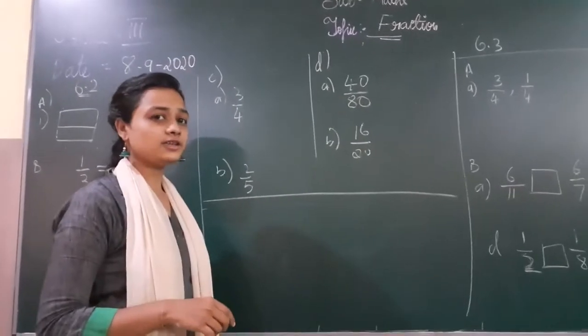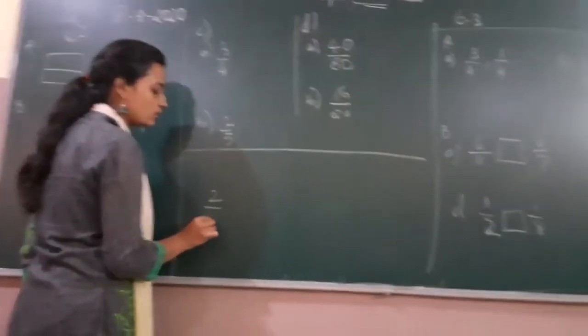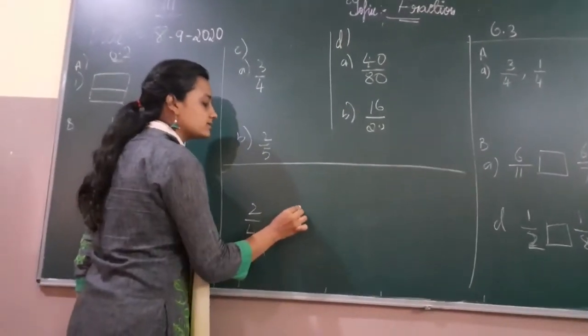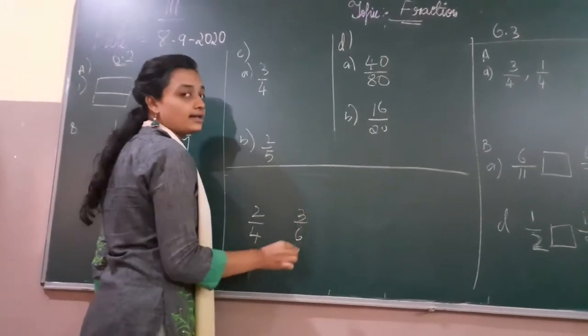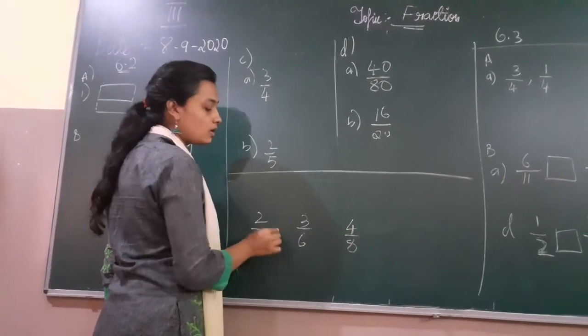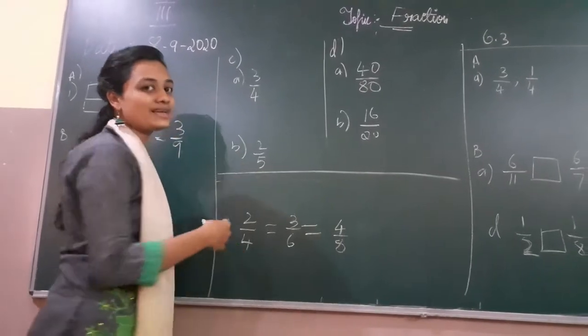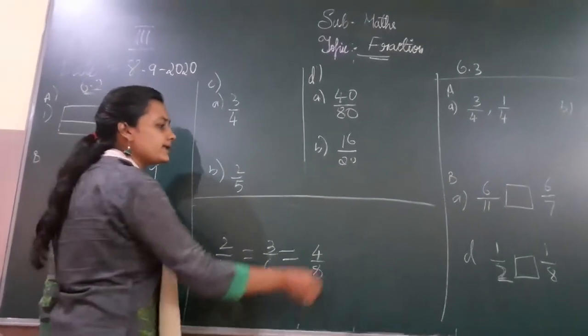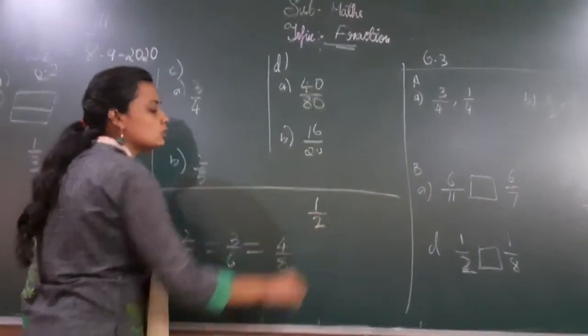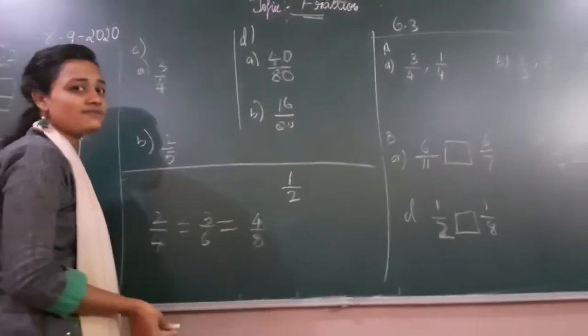So in the activity you saw the circles. First one was 2 by 4, second one was 3 by 6, and the third one was 4 by 8. And I said all these fractions are equal to each other. How will I get to know? Example, I give a number here, 1 by 2, and I say I want an equal fraction for that. How will I find that?